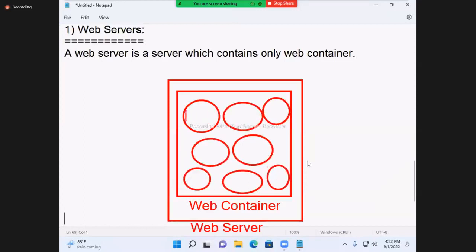These are nothing but web applications: servlets and JSPs. Servlet, JSP, servlet, JSP.